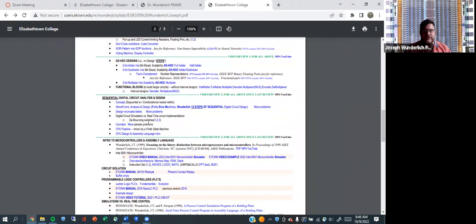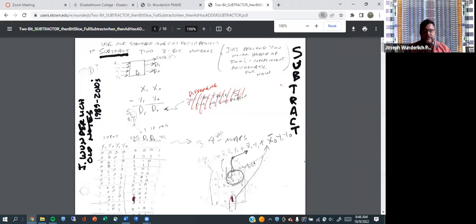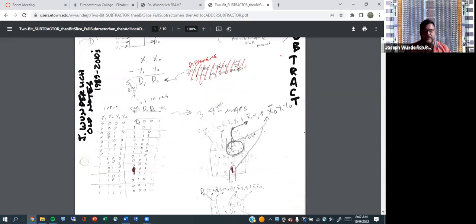So next we go into subtractor, and the same thing, starting out the old way of having a 2-input subtractor, where now you have differences and a sign bit, so you're borrowing when you subtract two numbers. If the y is bigger than the x, you need to borrow. And so you borrow from over here, the sign bit is going to go negative. And so that sign bit is an actual output